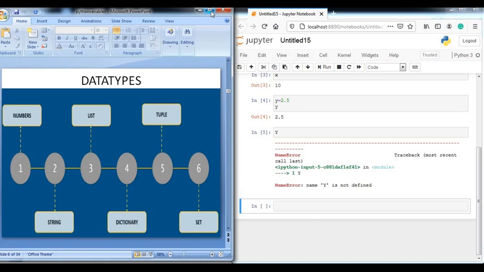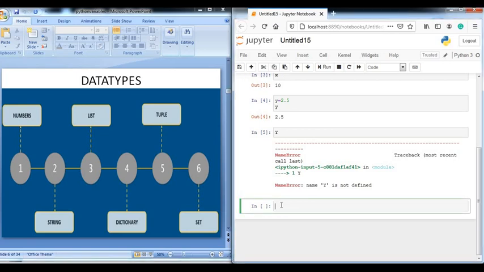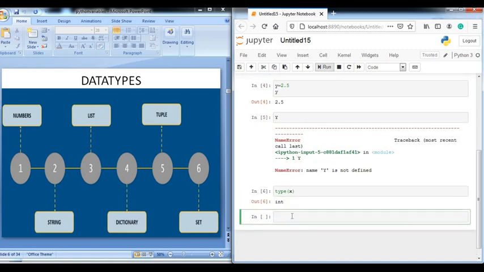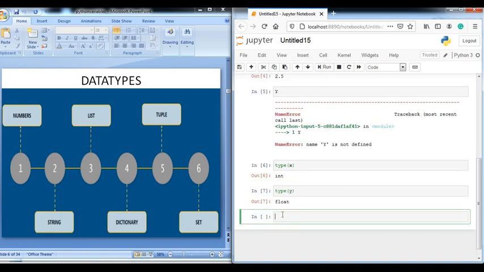Okay. So to check the type of a particular variable, just write type and the variable name in brackets. It will show you the data type of that particular variable. Like if you write type y and run it, then it will print float, as I have given 2.5 value in that particular variable.